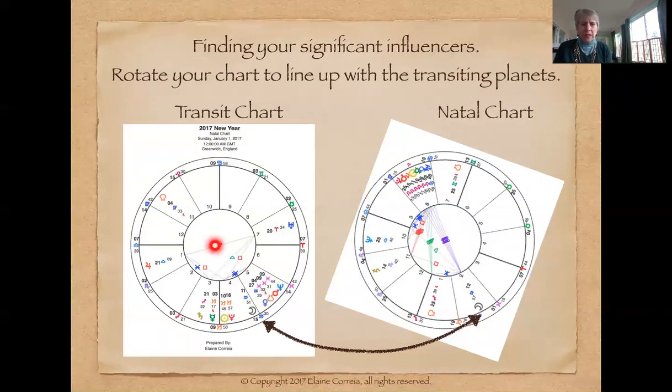In this particular case, the transiting moon matches up with her natal moon, almost at the same degree. That's the other thing to look for. At the beginning of the year, because the beginning of the year sets the tone for the rest of the year, this person's moon is going to be really triggered. I'll go in a little bit later and talk about what the different planets represent. But in this particular situation,